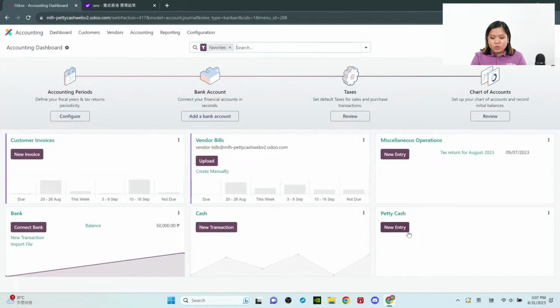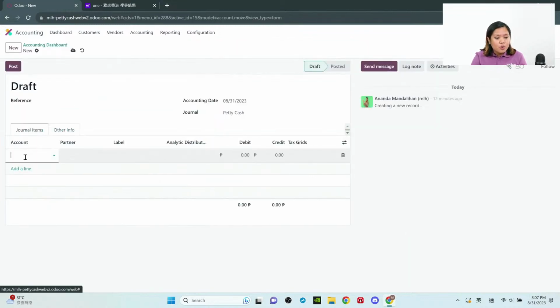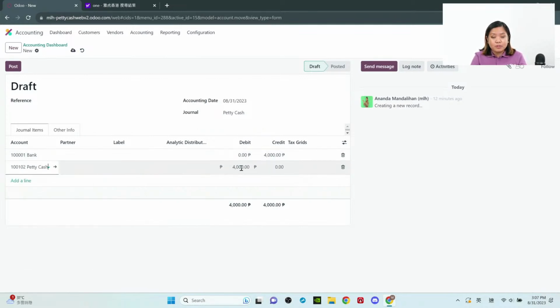And then what we can do is we can actually record an entry for getting money from the bank. Okay, so we credit, let's say, 4,000 from that request. And then, ilalagay din natin yung petty cash, kung magkano yung napunta kay petty cash, which is, dito sa case nito, bank credit 4,000, and then petty cash debit 4,000. Okay? Para mapadali yung proseso natin,